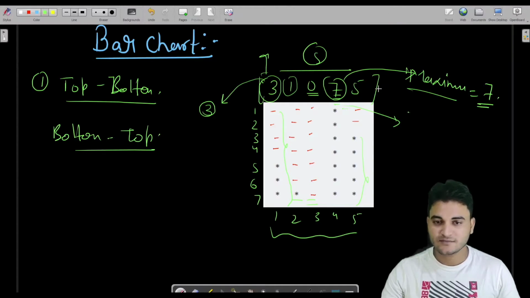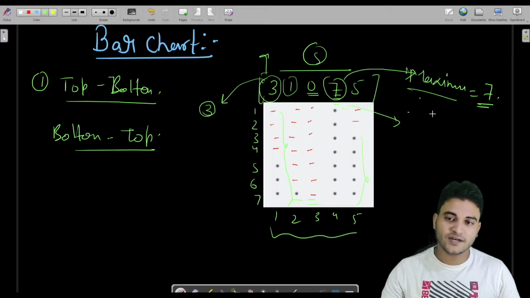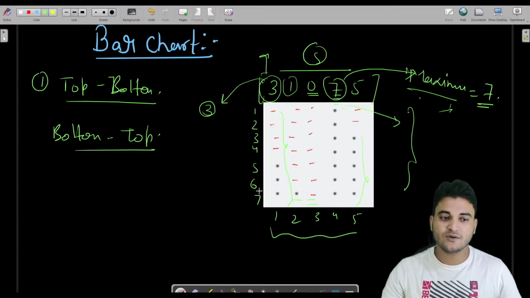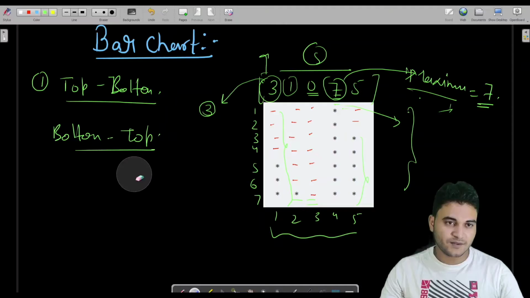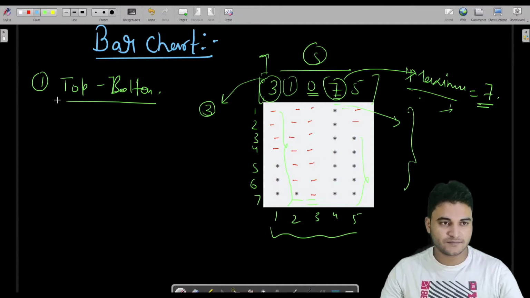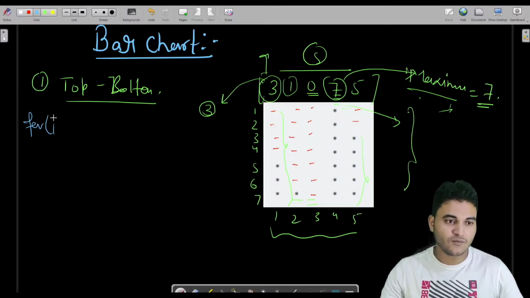Fine. So after getting the maximum, you have to print the maximum number of rows, which is 7. You will have to print 7 rows and 5 columns. Let us say I write a loop for printing rows, how would I write the loop?